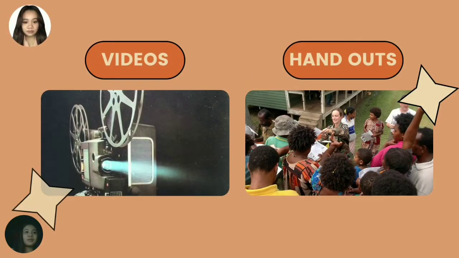Next, we have the videos and handouts. Videos can be easy and inexpensive to produce these days because we are in the technology era. All of us have our own camera in our smartphones. So that is why it's easy today. Video can be used to accompany text or it can stand alone as its own communication. It can be inserted in your video or in your discussion.